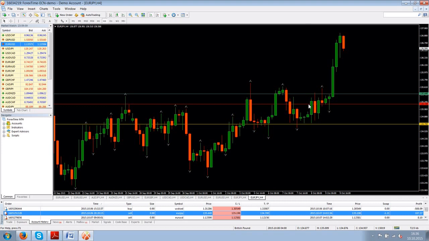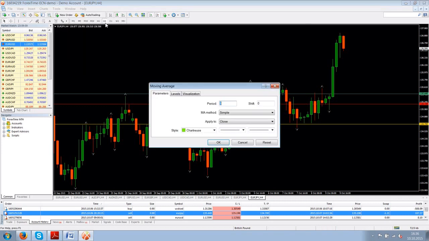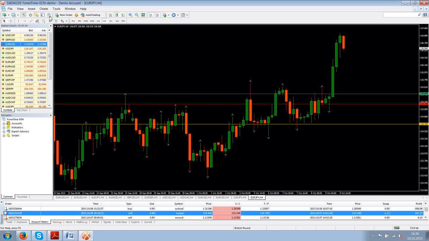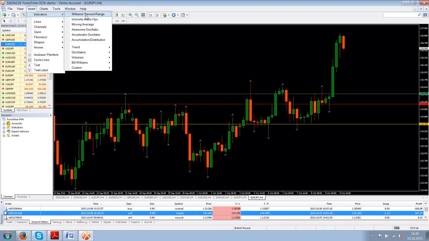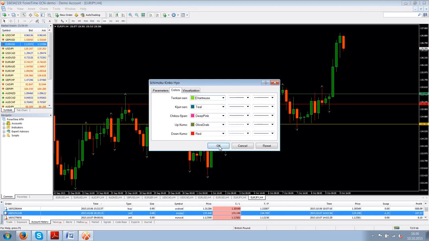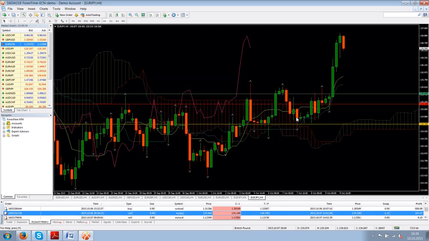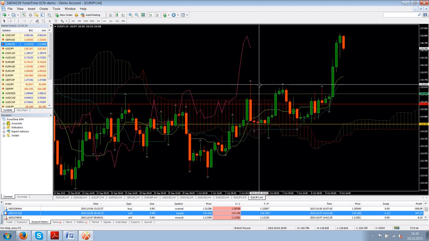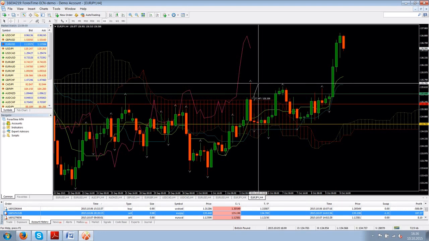Now, I'm going to explain to you why we took this trade. Let's insert Ichimoku on the chart. My mistake. Insert indicators, Ichimoku. Now, again, as you can clearly see, we have a fractal here. From here to here. So this is a 40 pip, almost 40 pips resistance zone, okay?